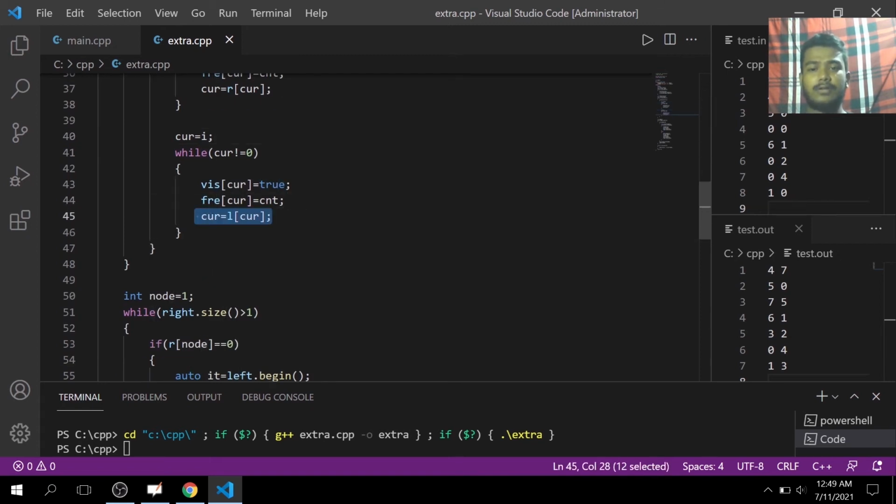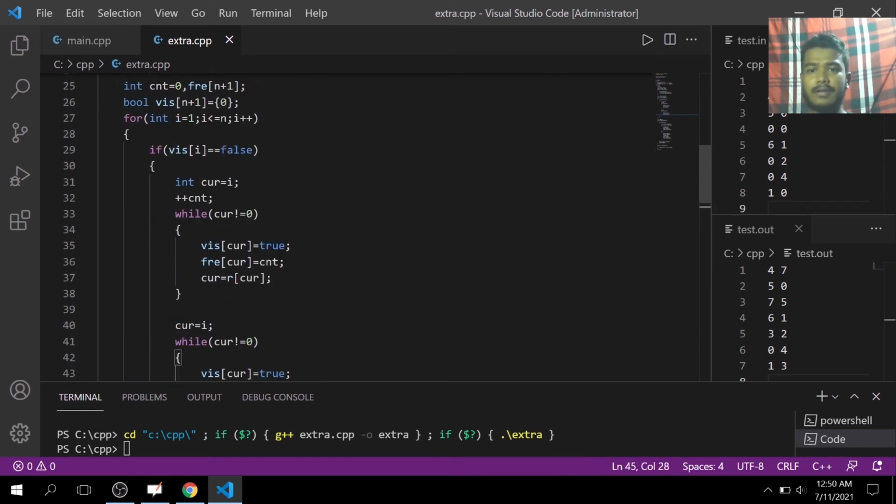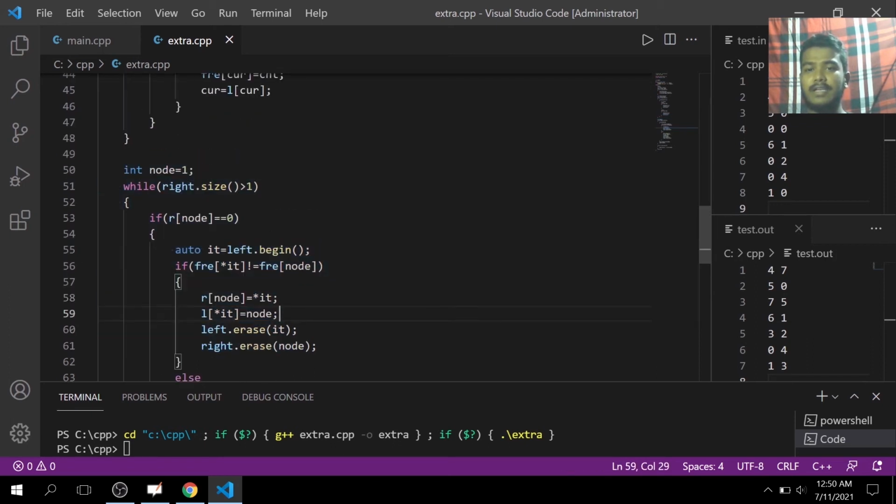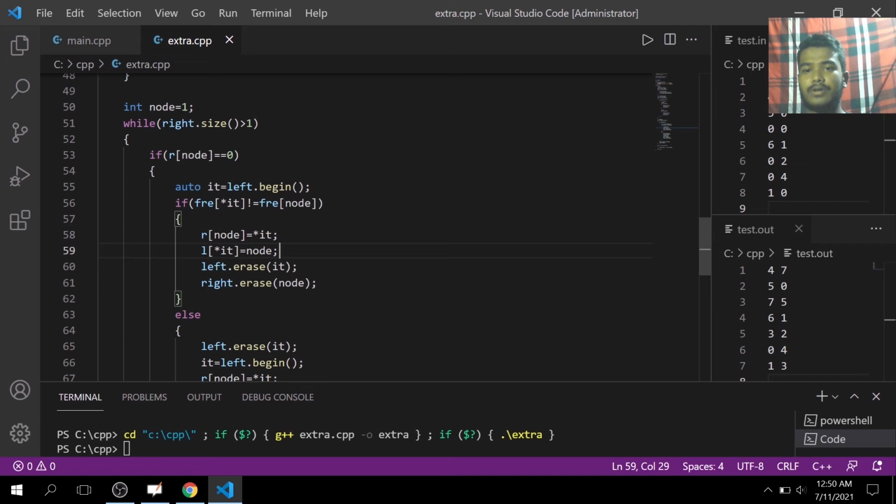When the left of the current node contains 0, then it will break. Then I have all the linked lists separate. From this I have linked all the linked lists. Okay, so for that I don't need to traverse from all the nodes, because